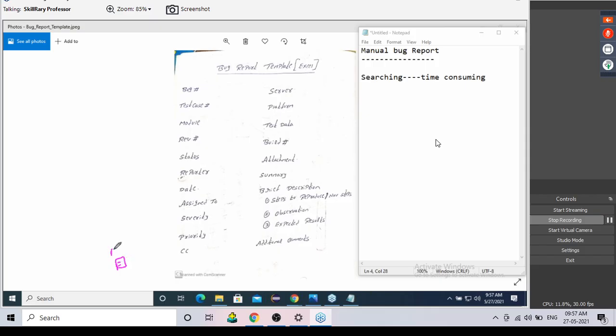This is my bug report, or this is my Excel sheet I am preparing. This is my first bug report. Second, one screenshot is also there. Yes or no? Screenshot is also there. So the bug report is there. Then